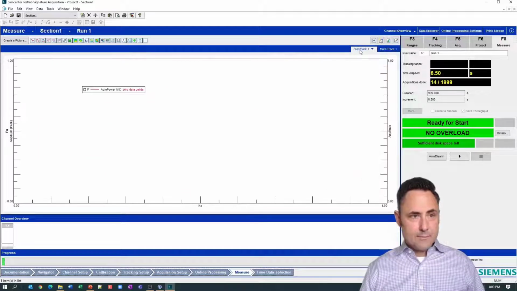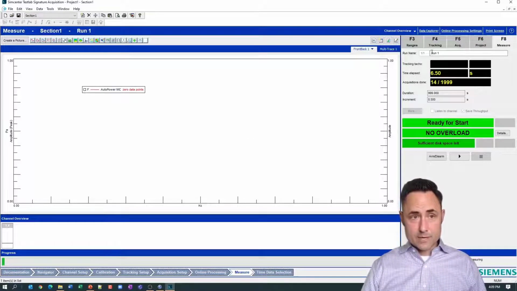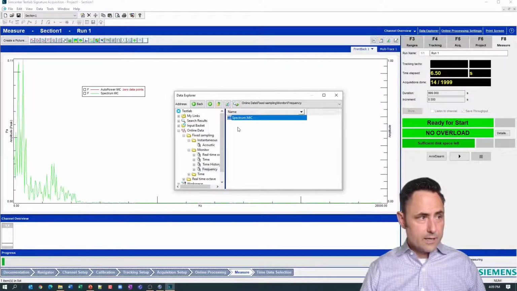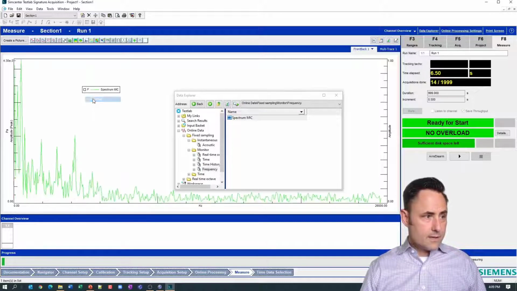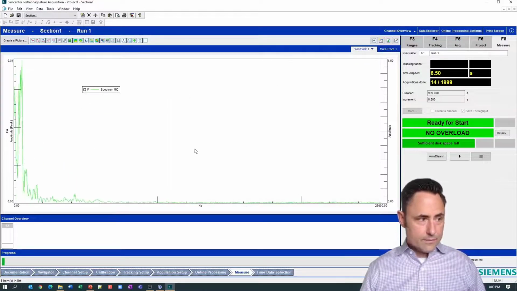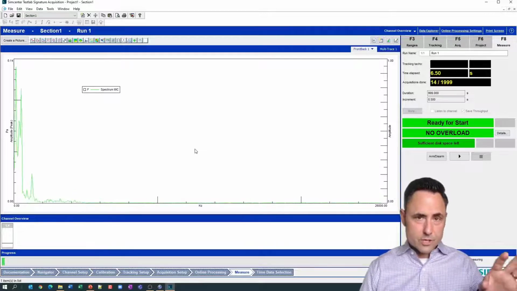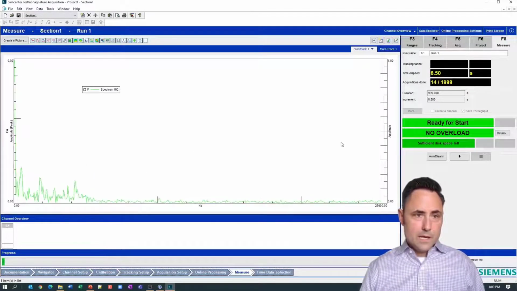And on this tab, I also have what will start populating when I begin my measurement, the frequency spectrum. If I want to put a monitor in there, I would just do the spectrum of the mic like this. And now I see a live frequency spectrum like I did in Neo. Nice feature of Neo is it's already done there for you.